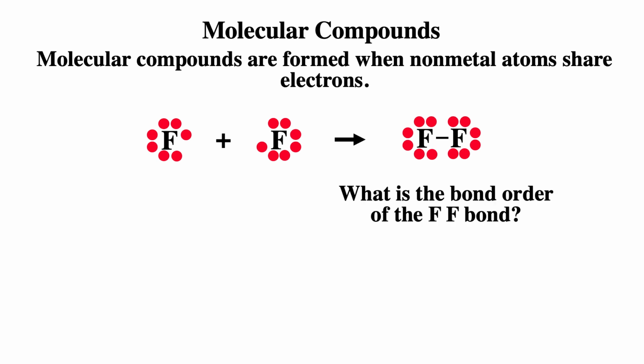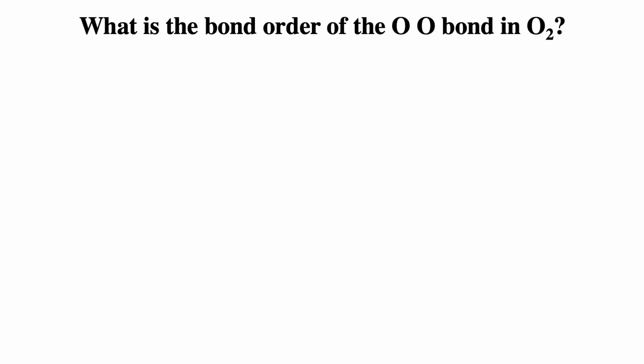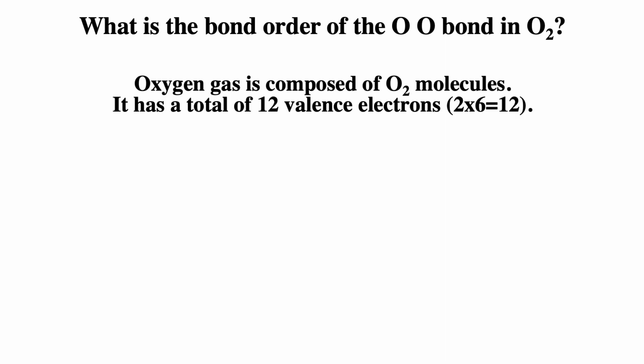Now the bond order, remember for a single bond, bond order is 1. For a double bond, bond order is 2. For a triple bond, bond order is 3. We could ask what's the bond order for the oxygen-oxygen bond in O2. And so when you're doing Lewis diagrams, often trial and error is needed. And so what we could do